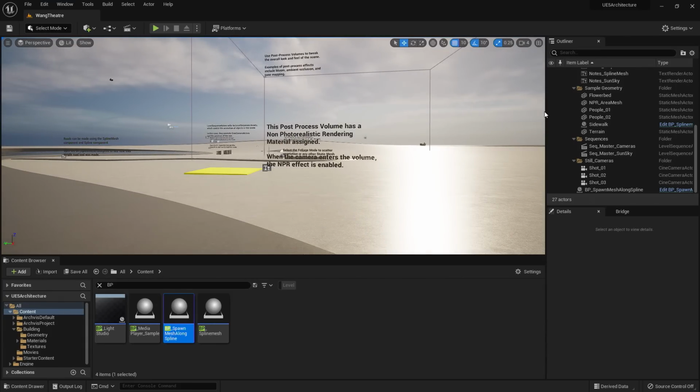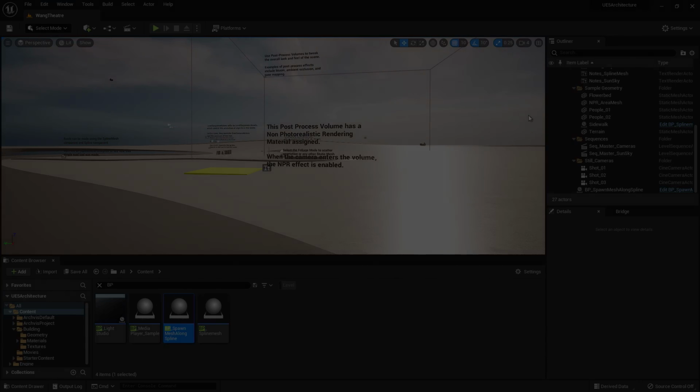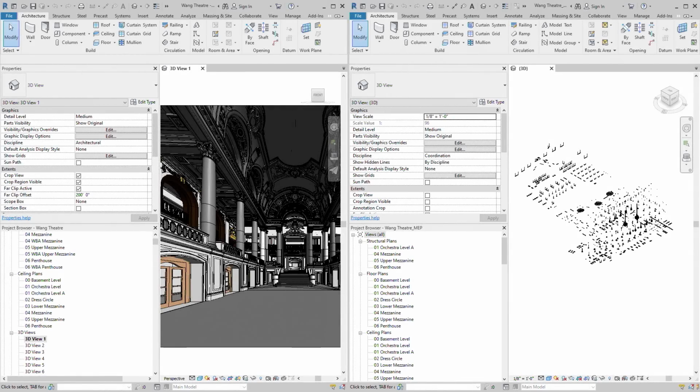So let's first take a look at the geometry that I will be bringing in. I have two Revit models that were graciously shared by Aerial Genomics for the Box Center Wing Theater. The space was scanned with the P40 Leica terrestrial scanner, as well as the GeoSLAM Revo RT. These scans informed the production of the Revit models you will see today. We will be linking the building file with a MEP file in Revit, as well as a 3ds Max content model. So this is a great example of how you can aggregate models of different types inside of one Unreal Engine project. To bring in these assets, we will be using Datasmith.